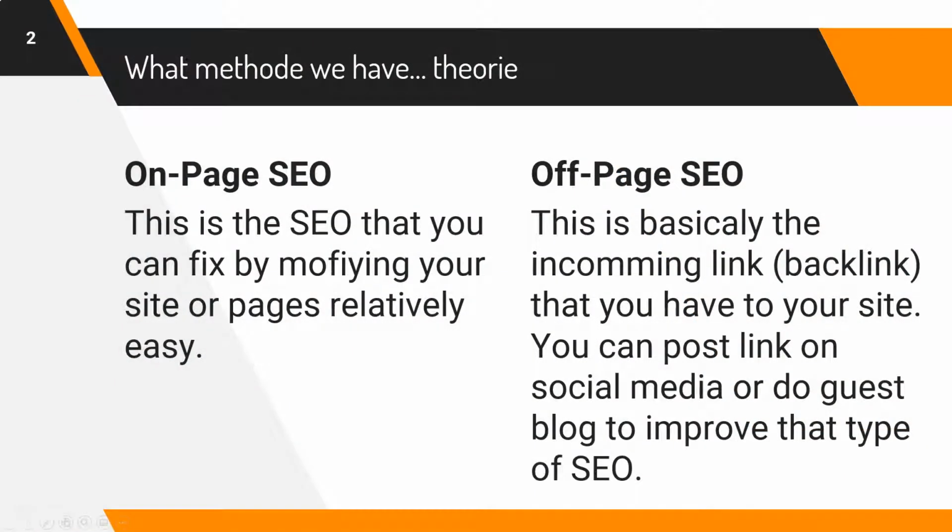So we have mainly two types of SEO. SEO is a vast subject, but we have mainly two types. So we have off-page SEO, which is actually having links from other sites to your site give you a better ranking, actually give you more authority. So this is things like backlinks from Facebook, from other blogs, that kind of stuff. So you can improve your off-page SEO by, for example, doing a guest blog. So you can do an article on other blogs that have already a good rating and link back to your blog or your site, your personal site.